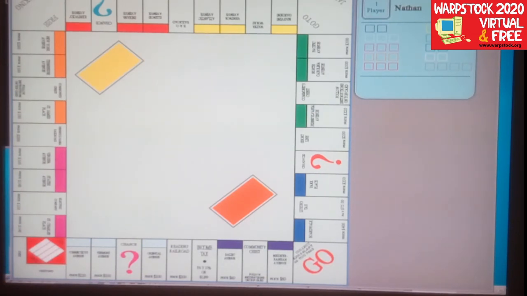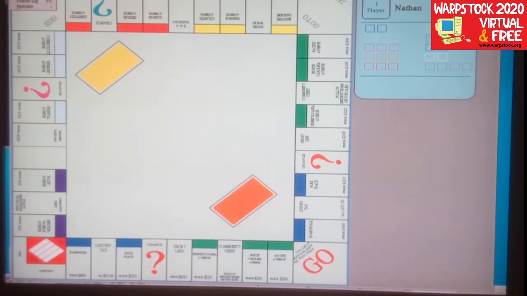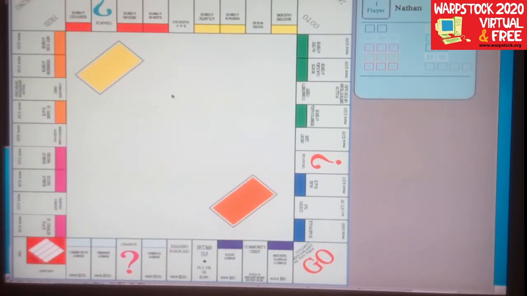I don't have it to where I can do anything right now because I'm working on the host version, but I wanted to show, oh, I can rotate this. I can rotate it counterclockwise. But this will have who is playing here. In another box here will show who is connected and who's playing along with you. These are the properties. This is Mediterranean, Baltic. These are Connecticut. Right now it's showing that all this is bank owned,